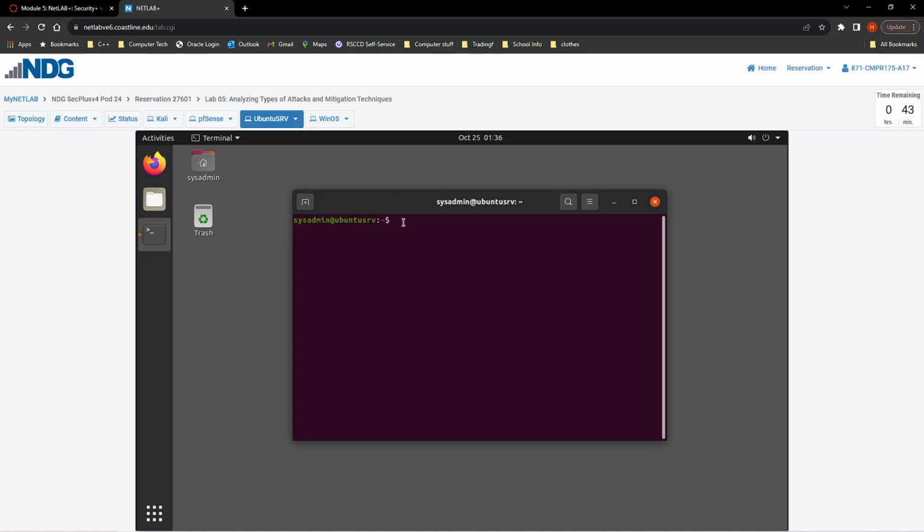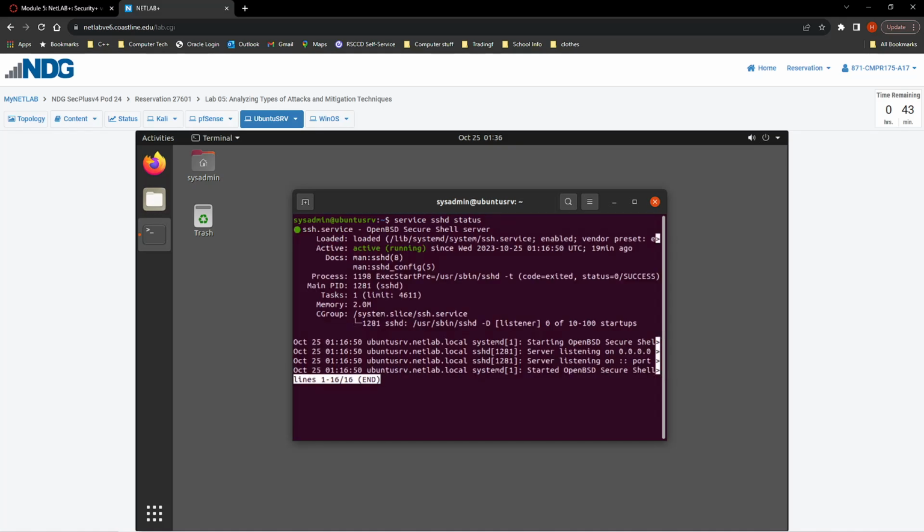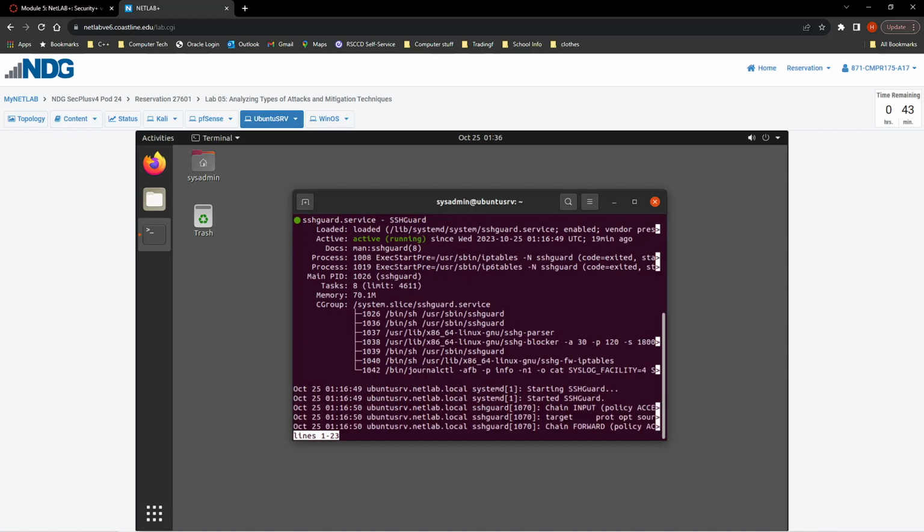So let's go ahead and check for SSH status, and we can see right here that it is actively running. I'm going to press Q just to exit out of this. And now we're going to be checking for SSH guard. And that's running as well. And we're going to want to turn that off just because